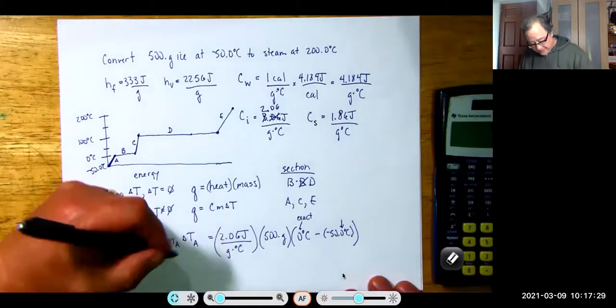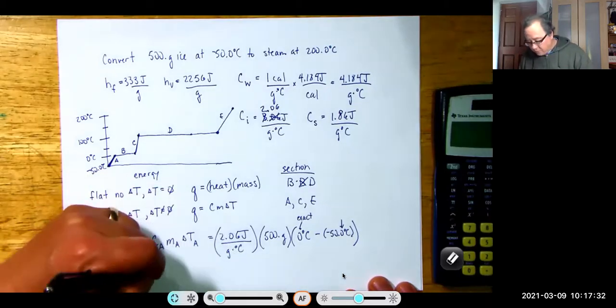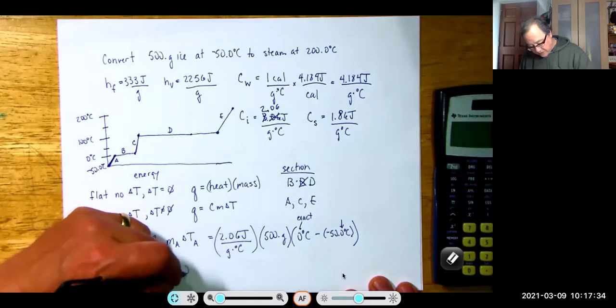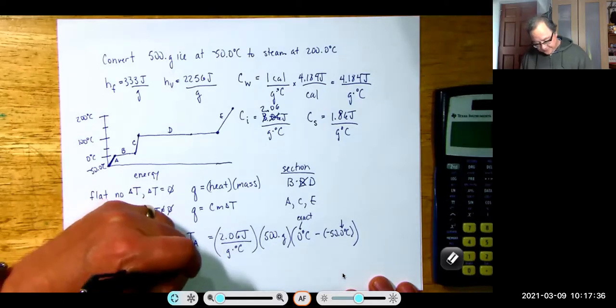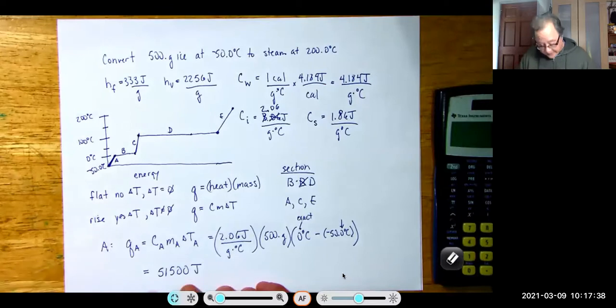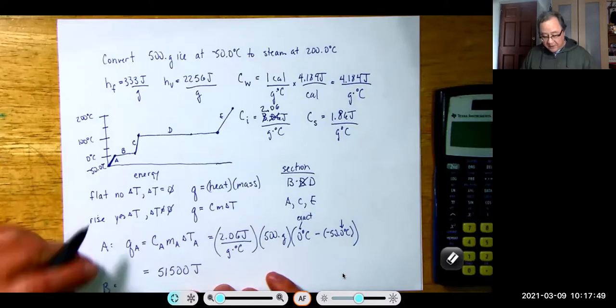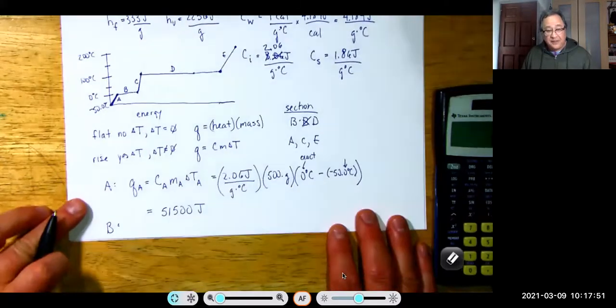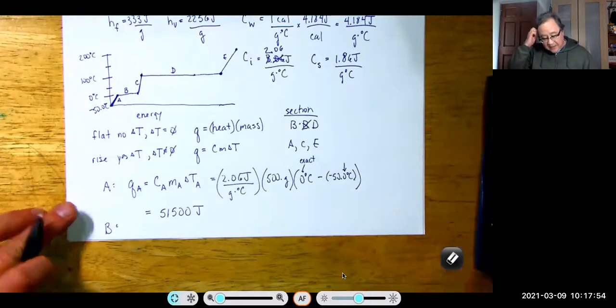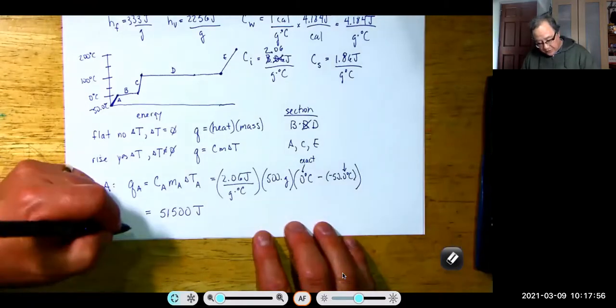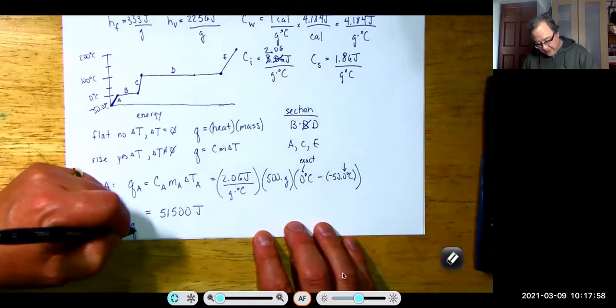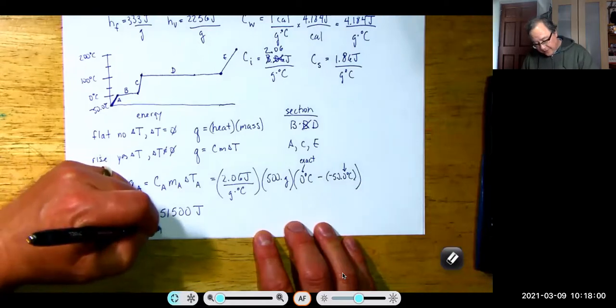And I get 51,500 joules. And if I write it this way, this does have 3 significant figures because trailing zeros don't count. Okay, so that's A. B, I'm going to raise the paper up a little bit here so you can see B. B is actually easier. I'm going to do Q for B is equal to H for B and the mass